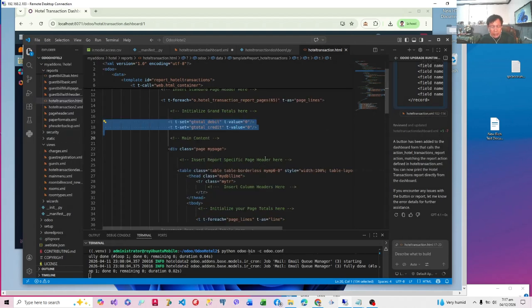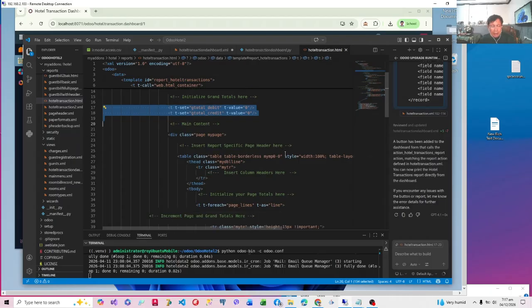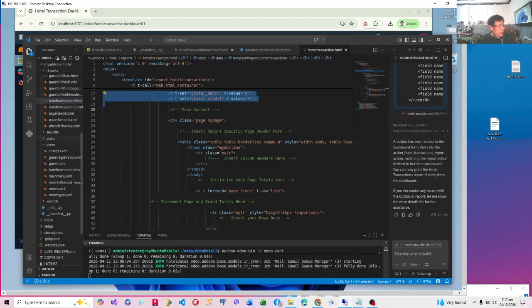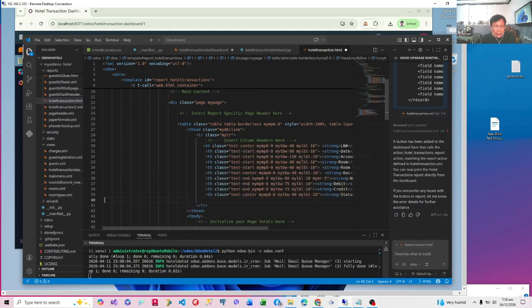We'll insert our page specific header later here, and then we are going to insert our column headers. No? I've already defined our column headers. Okay, to make a long story short, now you should have my TR in the T row of the header because that will prevent a page break. We have defined the classes in our report styles.css to make sure that data are all aligned.